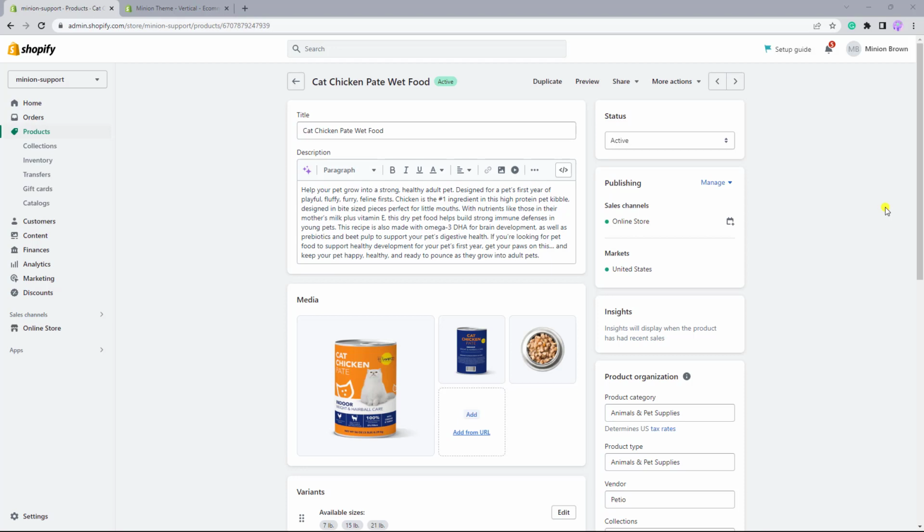In this video we will show you how to use the functionality of Metaobjects in your store. Let's first define what a Metaobject is. Metaobjects allow you to create custom data in your store, for example, some product information that is not supported by